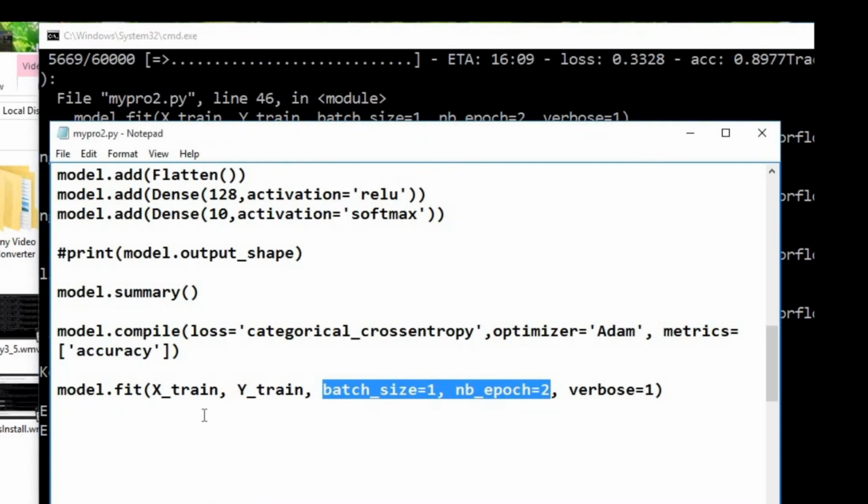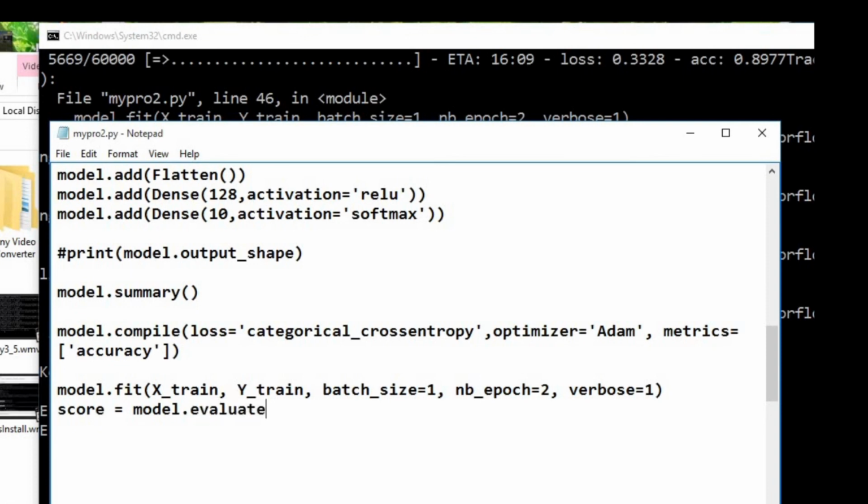Let us use Ctrl C to break the process, because we are going to continue this experiment. So this is how to train the model. The next task is to test the trained model.